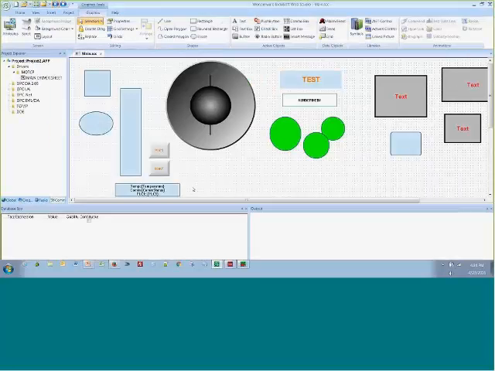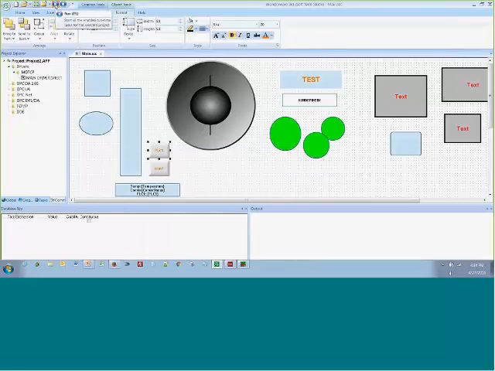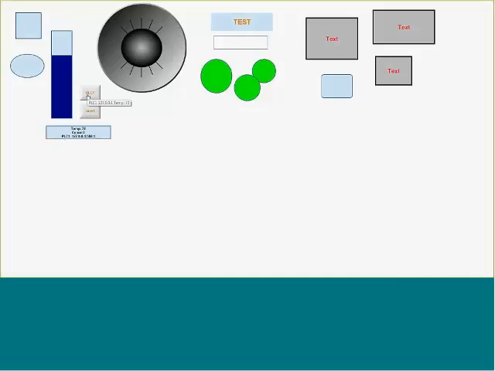Another really neat thing is I can actually embed tags into that hint. So let's say that I wanted to see what that temperature was. I could put inside of curly brackets temperature. Sorry, I can't type and talk at the same time. Temperature. And so inside of curly brackets, I could put that tag. And now when I run this, what you'll see is that that hint will also include the current value of